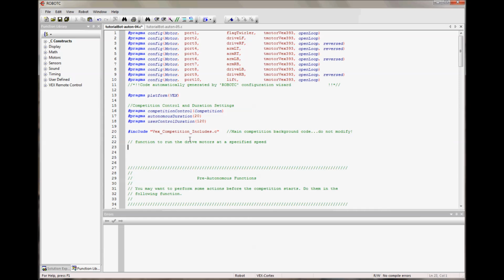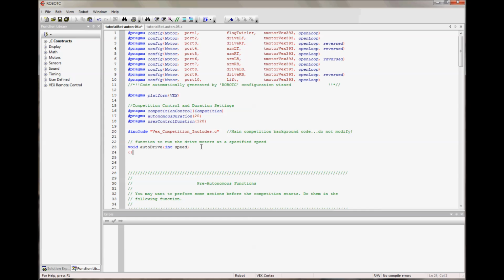And we'll be using a void function. Functions can be used to return a value. A void function performs an action and doesn't return a value, therefore it's called a void function. So we type in void, and you'll see that RobotC recognizes it because it turns it into colored text. And we want to give our function a name. Auto drive would be a good one. And then it'll have, in parentheses, a space where you can have it receive integers or any other C structure. So we're going to do an integer that's called speed,